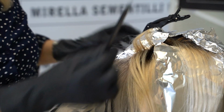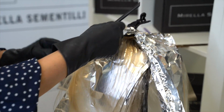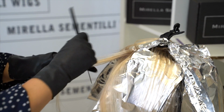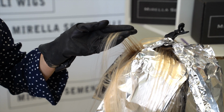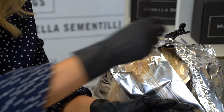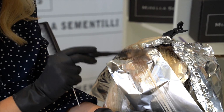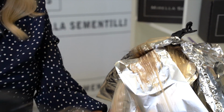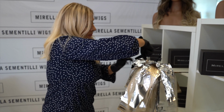So we're keeping those, and I'm just going to work my way down now as opposed to from the bottom up. So I'm going to take that section there, weave it again. Not sure if you can see what I'm doing, but I'm personalizing this one area that wasn't fitting into my foils. And I thought I'd share that because no matter how much you try to pre-measure, you're always going to end up with one area maybe just a little off. So it's not a big deal just to alter that, but from the top working my way down. Remove that out of the way